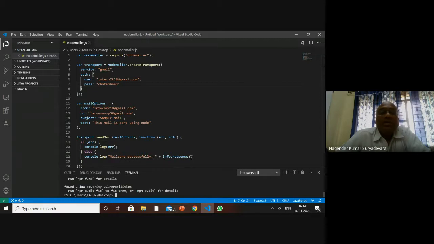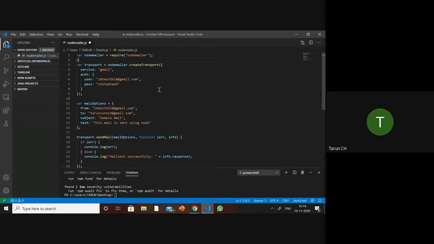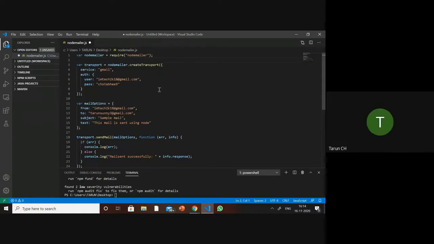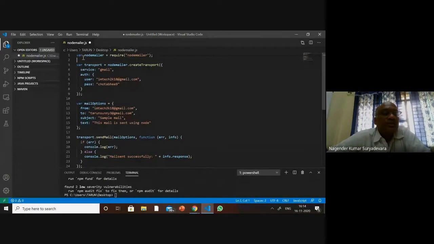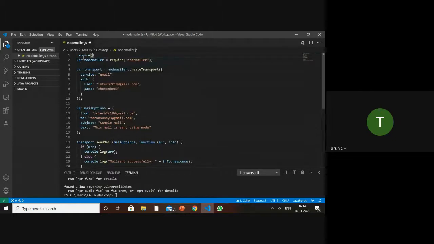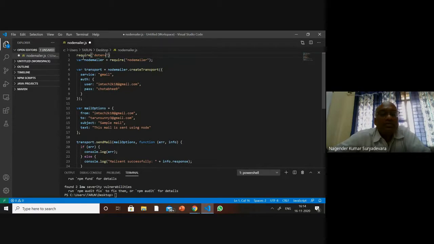Open your program, and before the variable declarations, don't declare a variable, you need to put the require statement, include the file only, and give the configuration also.